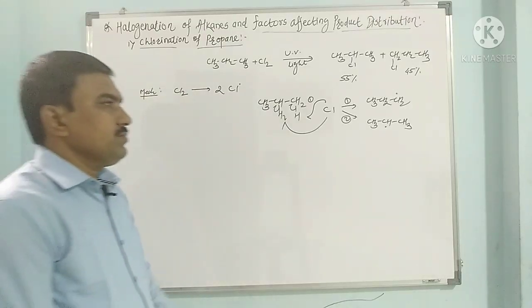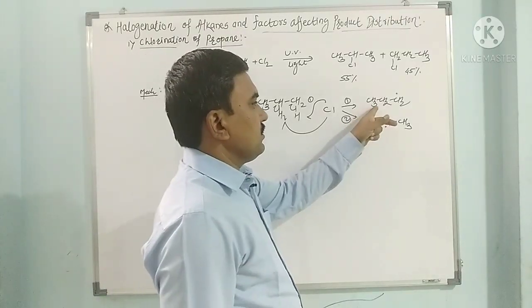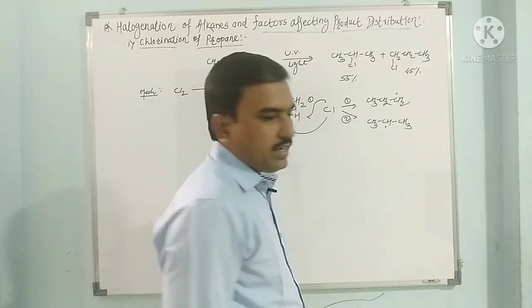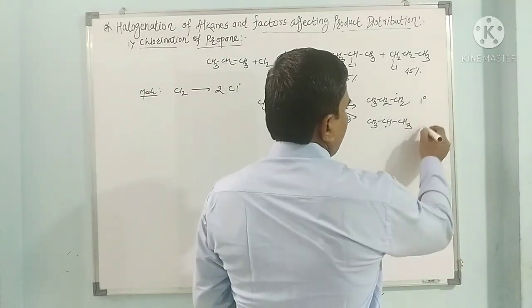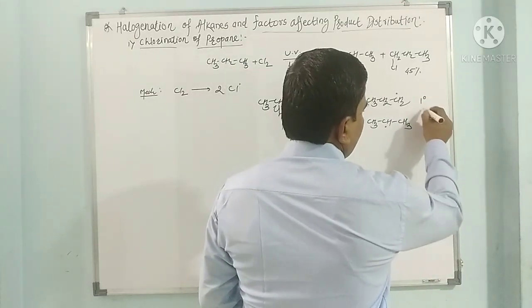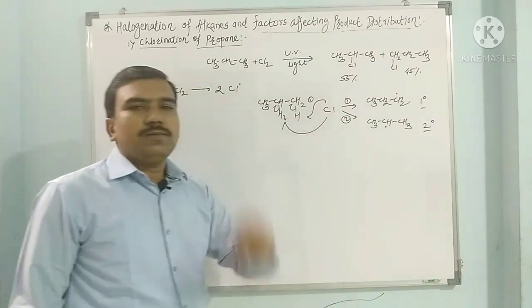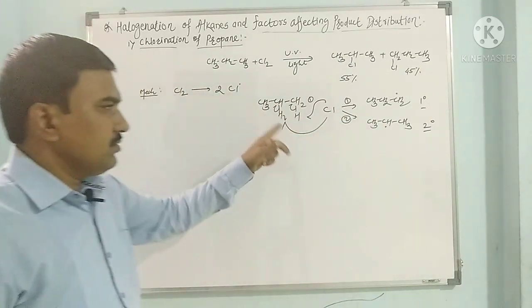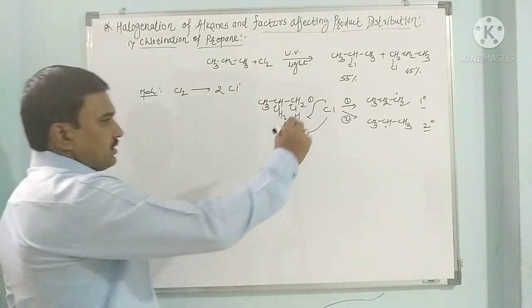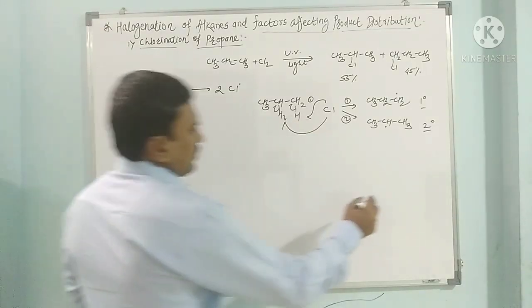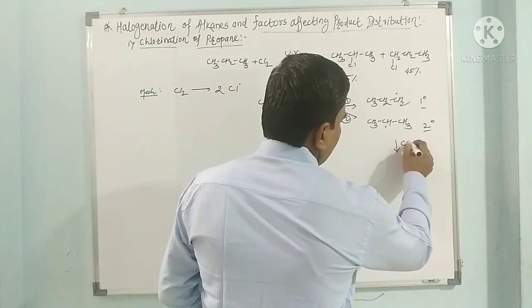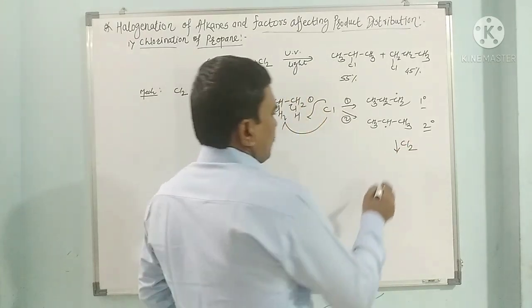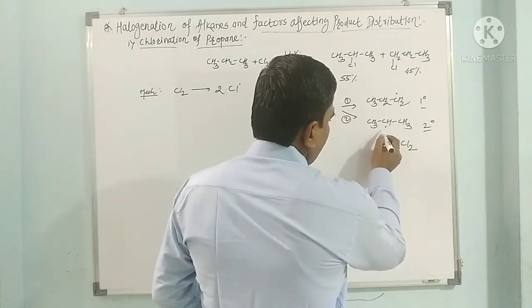So in this way we get CH3, CH2, CH2 as a primary radical, and this is a secondary radical. The secondary free radical is more stable, hence it is formed in a major proportion, and when this free radical reacts with Cl2,